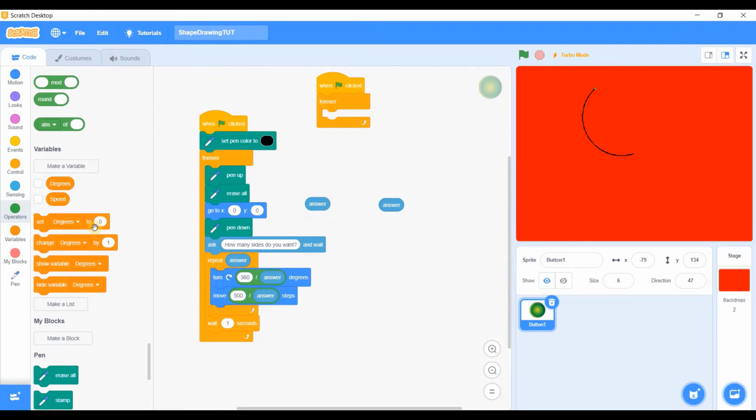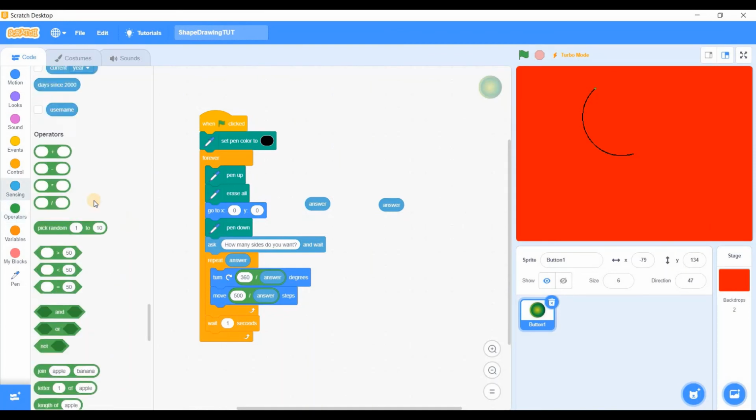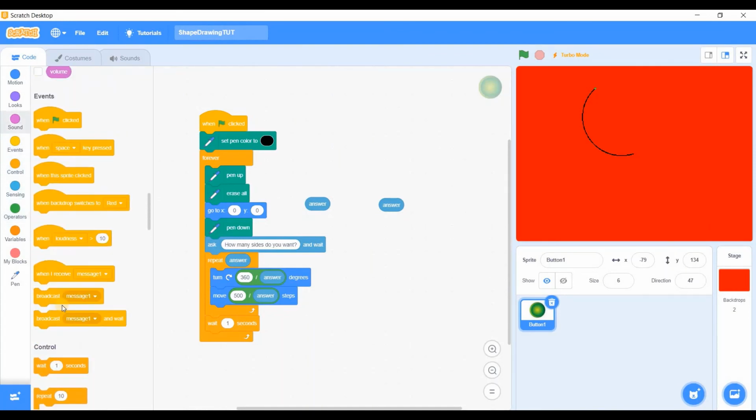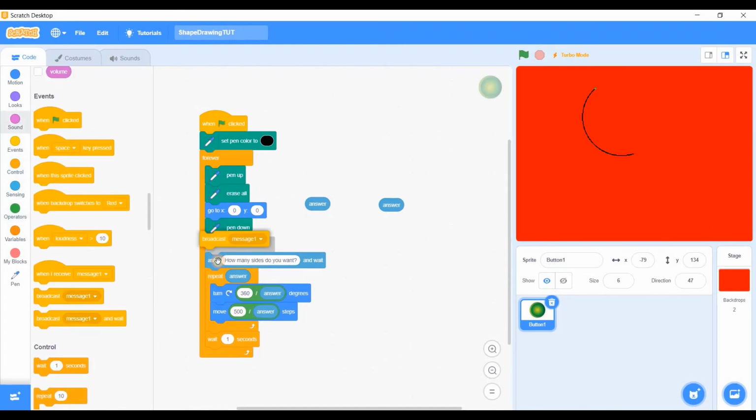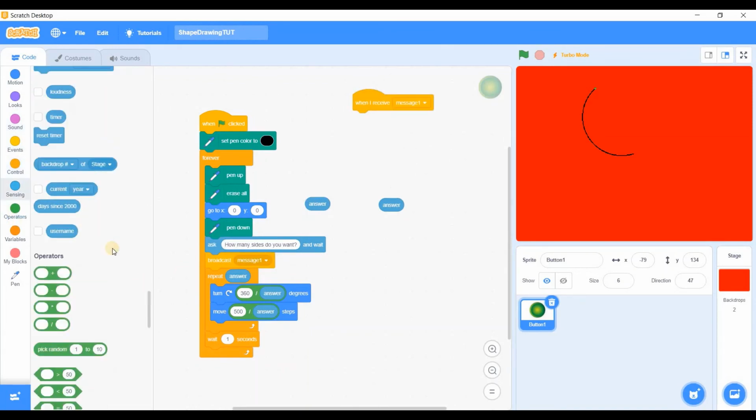Disable both of them. Actually, just to prevent errors, I will say broadcast message 1, and when I receive message 1,